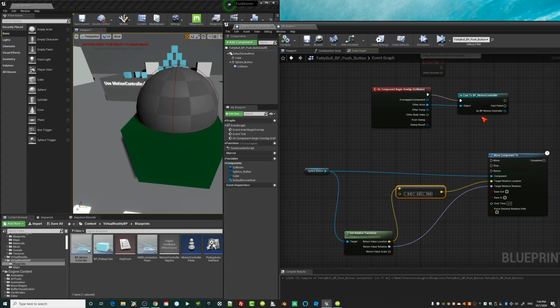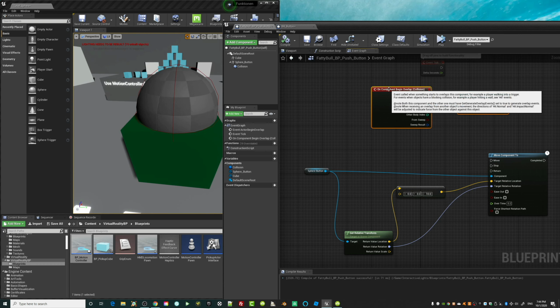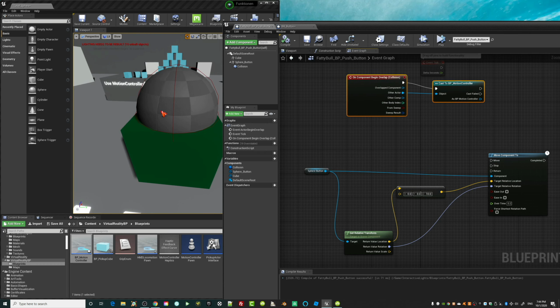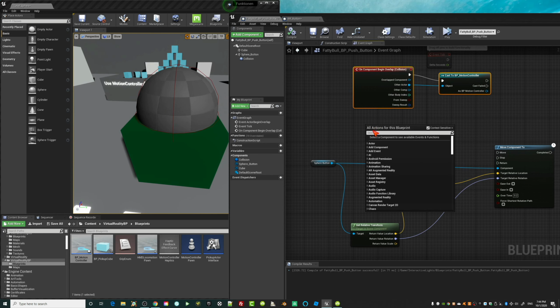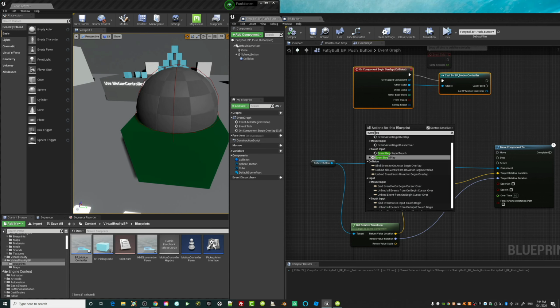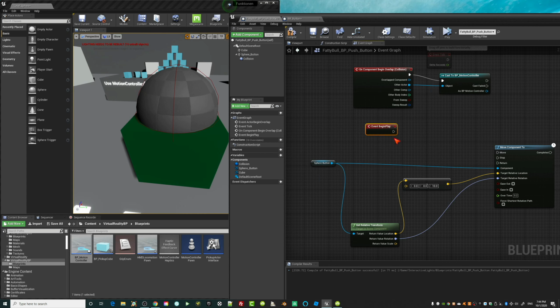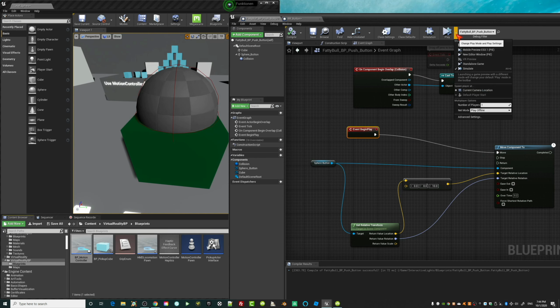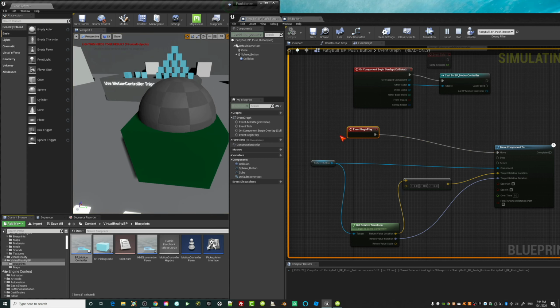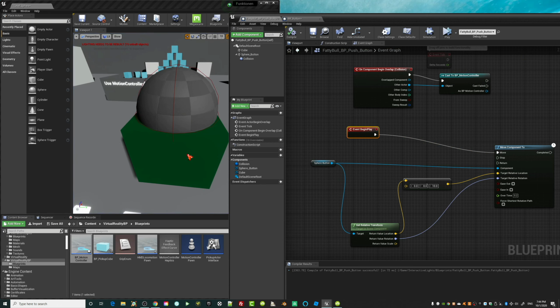So, of course, the motion controller isn't connected yet, but forget about this right now. If you want to test it without the motion controller in the viewport, all you need is Event Begin Play. And you need to say, you know what, I want to test it from here. I want to see now if my animation is actually working or not. So now you have set up everything you need. If you click simulate, boom, you see the simulation is running, and you saw in 0.2 seconds that specific sphere